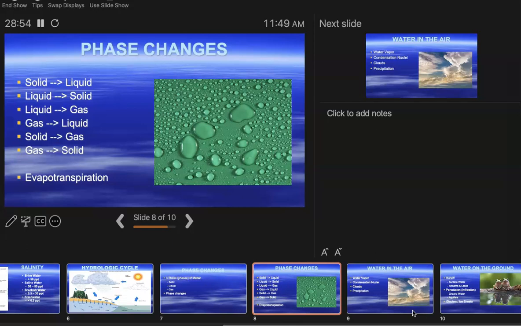All right, new one, possibly hard one. Solid to gas. Anybody else? Solid to gas. I'm really hoping you guys get it because it just jumped out of my head. Thank you. Yes, sublimation. S-U-B-L-I-M-A-T-I-O-N. And then gas to solid. Usually, if you know sublimation, you know this one too. But.